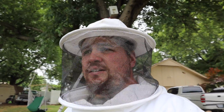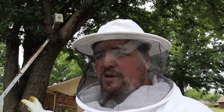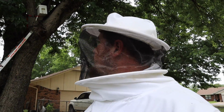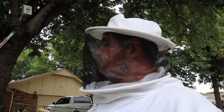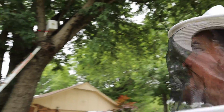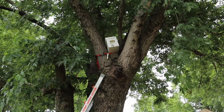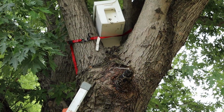And I know there's a lot of experienced beekeepers watching this, and like I said, I'm very new at this type of bee work, you know, beekeeping. I have never done a trap out at all, so if you guys got any tips, let me know what you would do. I did not put any lemongrass oil or anything like that as an attractant scent in the nuke box because I don't have any right now. But from what I've seen online, it looks like if I do this right with the frame of the brood, that this might draw them out